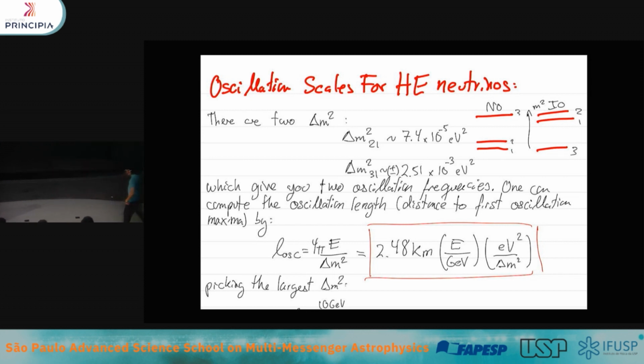I should say that if the ordering is normal, it's a little unfortunate, because experiments that look for neutrinoless double beta decay, which tend to find that neutrinos are Majorana in nature, have a harder job determining the Majorana nature of neutrinos in this case than in that case. Additionally, cosmology will also get to the neutrino ordering or masses faster in this case than in that case. So it has implications beyond neutrino physics. Okay, good.